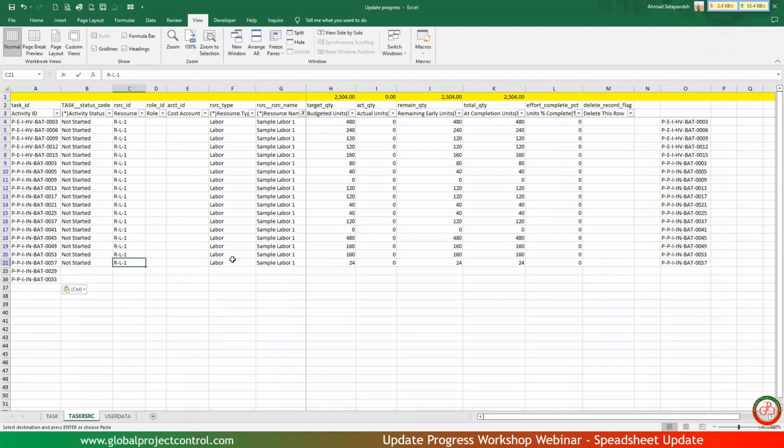From here up to here, all the values should be the same. So I copy, paste the values because I want to assign the same resources. But